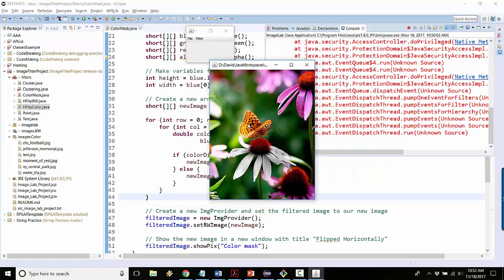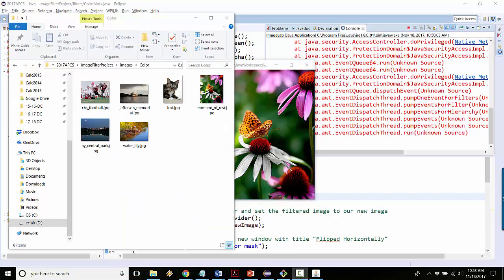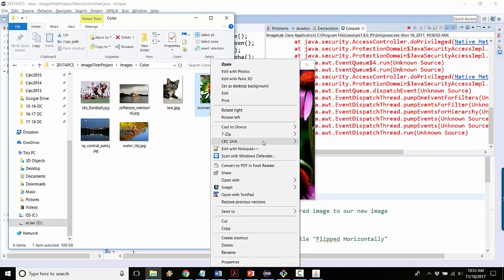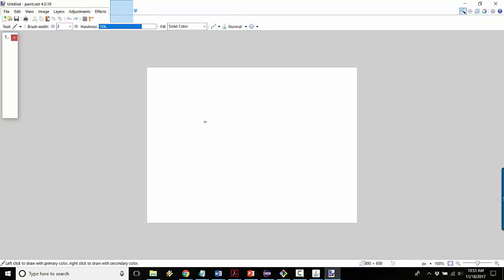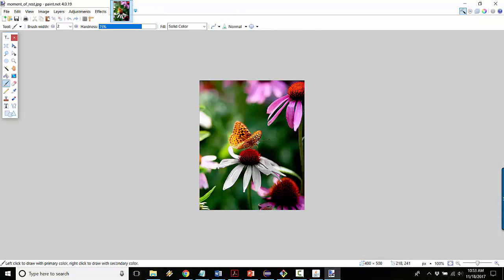All right, so what if I wanted to mask this sort of gold color? I think we got to open this in a Paint program, so let's do that. So here I am in the file system. I like to use paint.net, but really I think Paint or anything else would probably work just fine. So for paint.net, how in fact do I do a color sample? So I'm going to use this color picker, and I'm just going to click here,